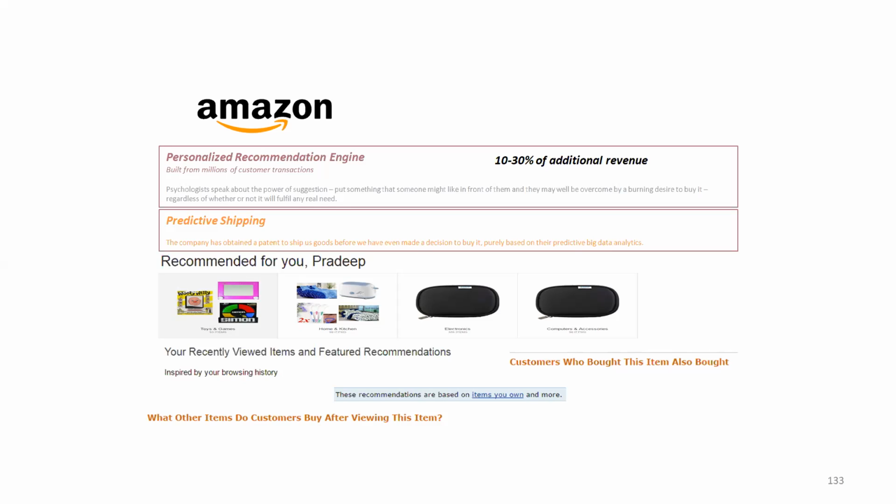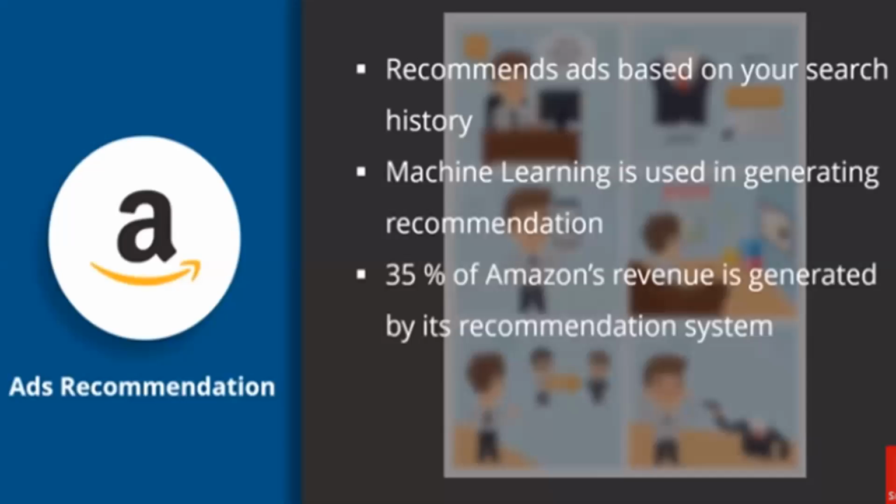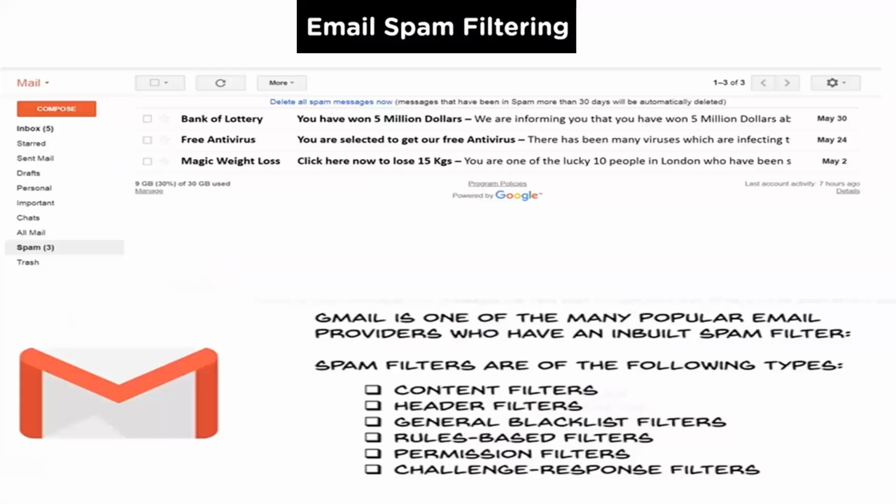This is also AI related. If you open your Gmail, you might have seen one option called the spam folder. Did anybody see that? Spam folder. Yes, sir. It is not somebody sitting in Google putting messages into the spam folder.